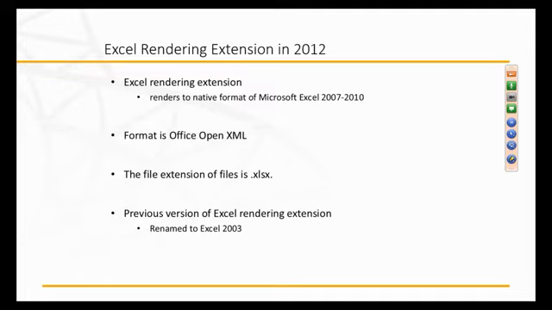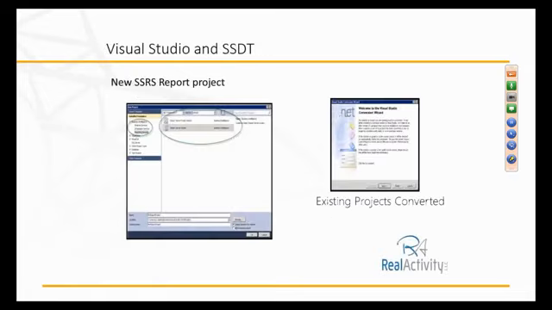In SQL Server Reporting Services, if you're viewing a report, you can save that report as an Excel spreadsheet. In previous versions, it was saved in the format of 2003. Now it's the standard OpenXML version of Excel. A little bit more about the SQL Server Data Tools. We add them in after we install Visual Studio, and then we can convert older projects. So if we have older report projects, we can go ahead and convert them over to the new SQL Server Data Tools project. And so with that, I'm going to switch and go into just a little bit more of a demo mode,